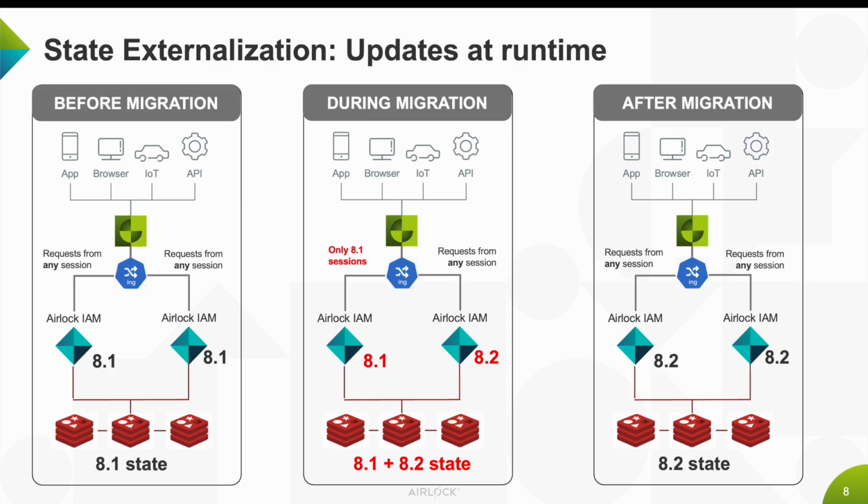So what is really important is on the top left where it says only 8.1 sessions. So what we require that this works is a so-called blue-green deployment. So the ingress, for example, in this image, or the load balancer or reverse proxy, it has to guarantee that once a session is migrated to 8.2, it always has to stay on the right side. So we have to make sure that the left side only receives requests that are on 8.1 sessions, and the right side, it can receive requests from both 8.1 or 8.2 sessions. It's called blue-green deployment, and it's a pretty common setup to update